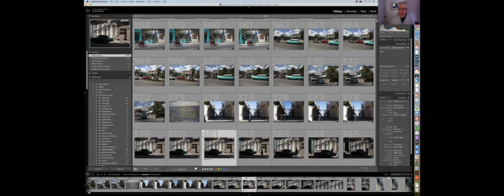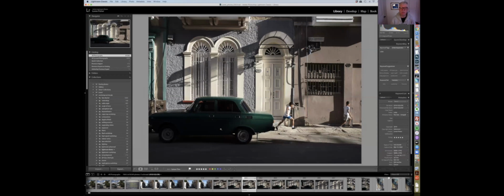And you don't really import. You're not importing your originals. You're importing a thumbnail of the original. That is a very high quality thumbnail, but nonetheless, it's a thumbnail. So when I look at this photo, I'm looking at a copy of the photo. That's a very small copy, not the original. And so when I import,